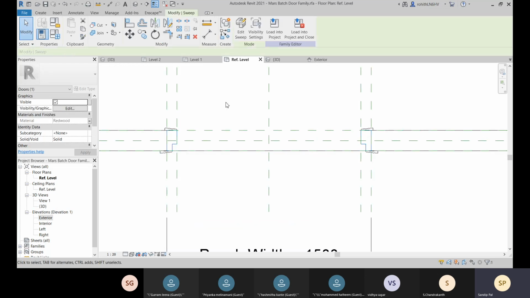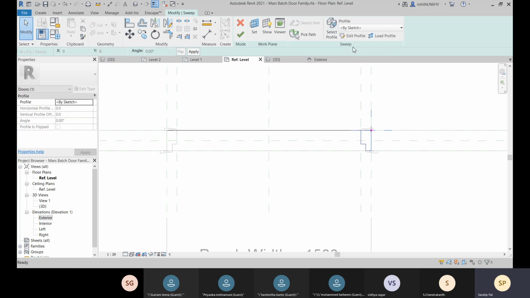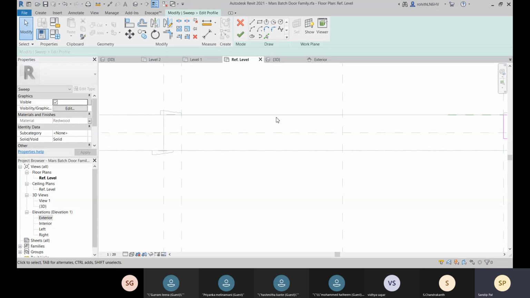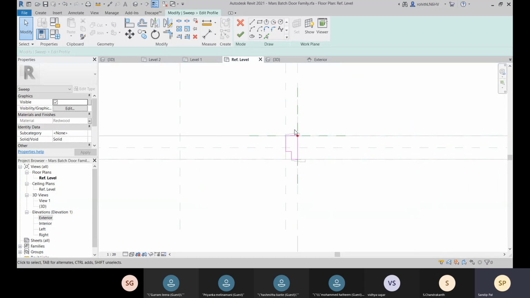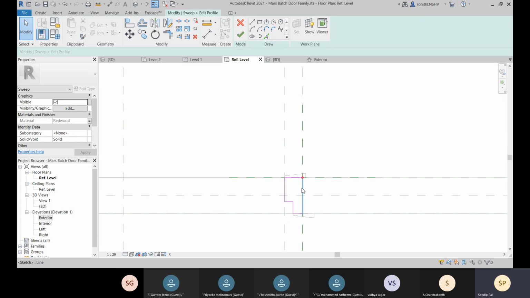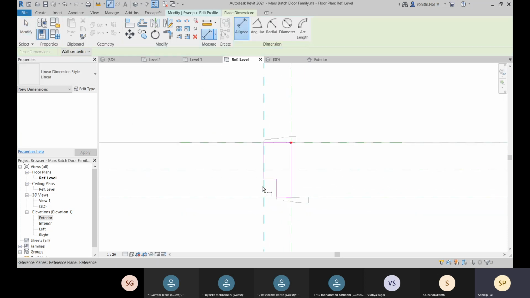and let's okay, let's make it okay, and you come to this edit sweep now. All right, let's go for select profile and edit profile. Yeah, so here we have this edit profile. Okay, and here you can see that this profile is created, and I have to lock with this reference plane, this one, and I will be locking this one also. So I need to maintain this gap, because this will be fixed.